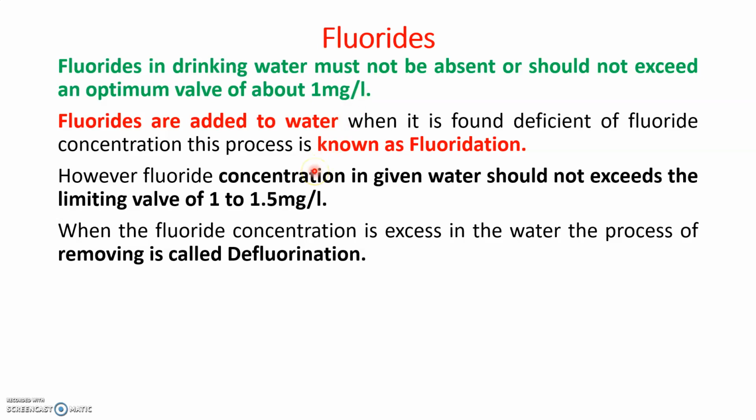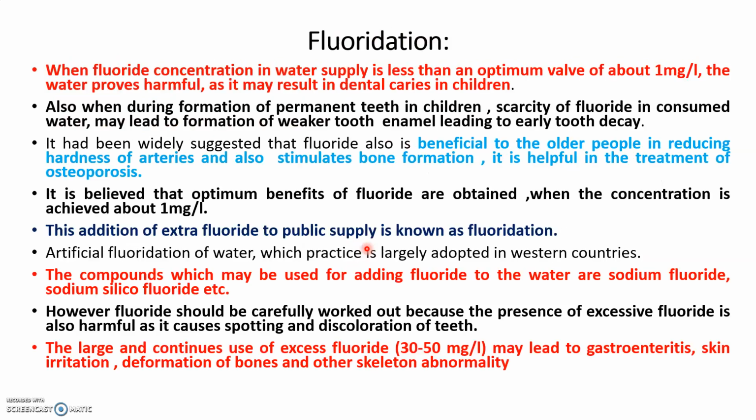If it is not, then you add fluorides to the water. That is called fluoridation, and it should not cross beyond 1 to 1.5 mg per liter. Defluoridation takes place when a high amount of fluoride is present and you remove that fluoride from the water. So that is called defluoridation. Next we are seeing about fluoridation. In this part, what happens is,